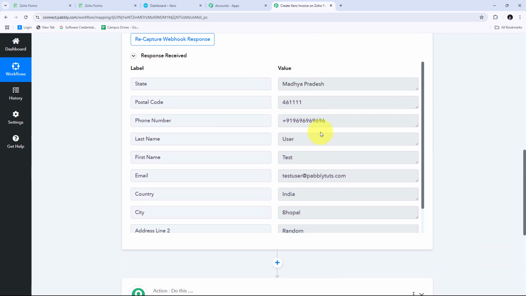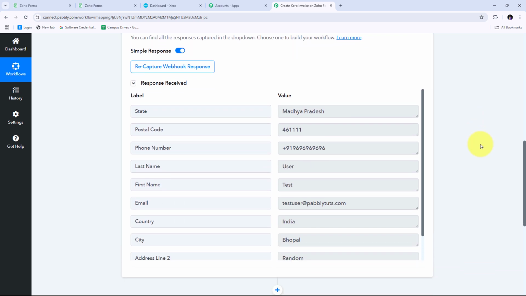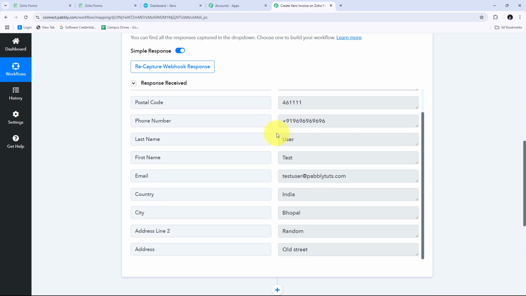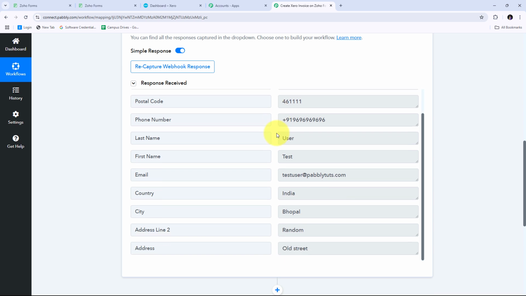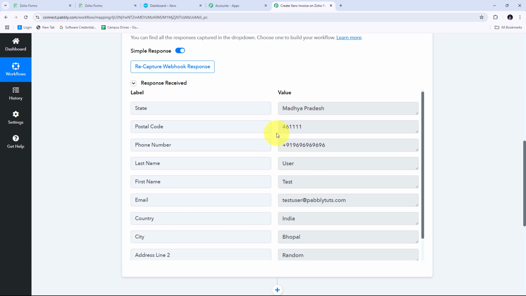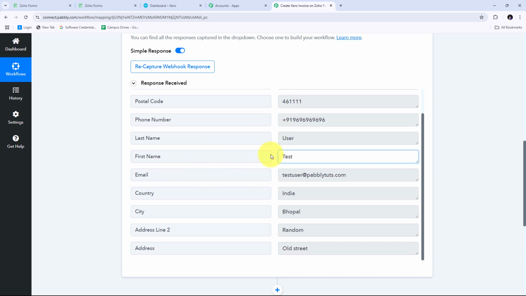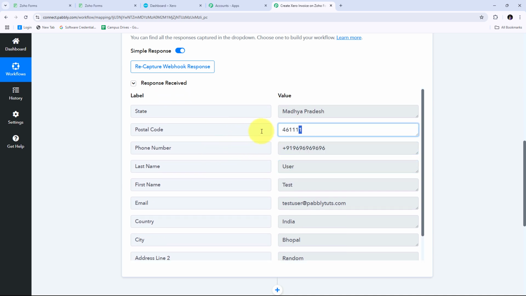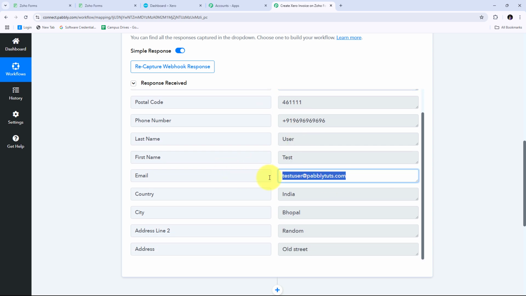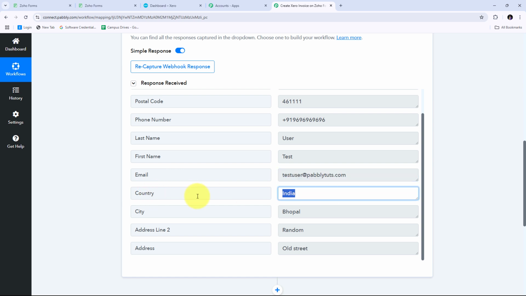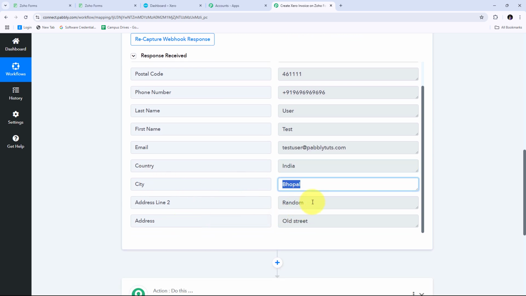So this is the response of my form submission that I've just created through Zoho Forms. And in this, we can see I have received all the details of my customer who has just created a new order for my product of PHP for programming through Zoho Forms. So here I have all these details of my customer, like I have the first name that is test, I have the last name that is user, I have the random phone number, I have the random postal code, I have the state that is Madhya Pradesh, I have the email address that is